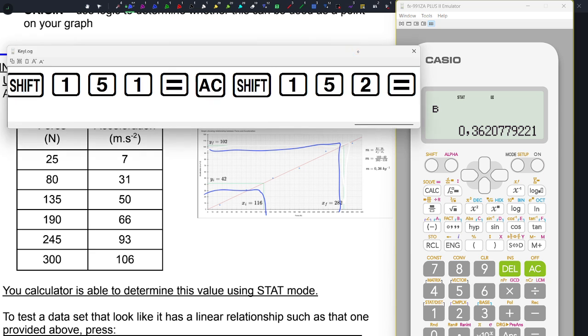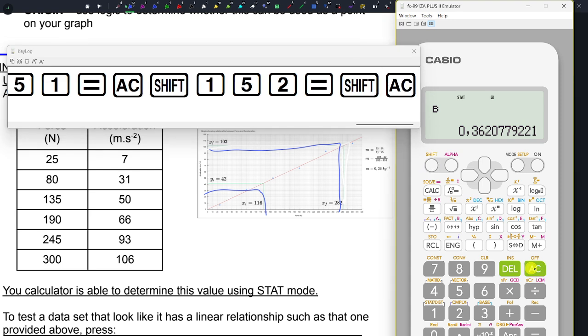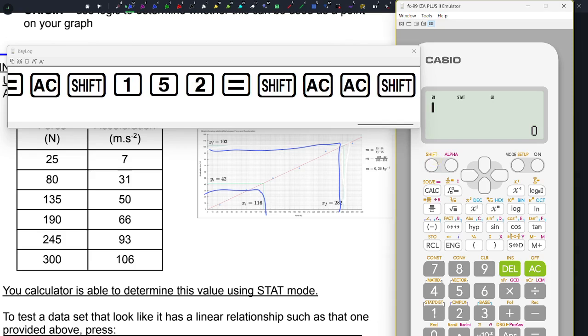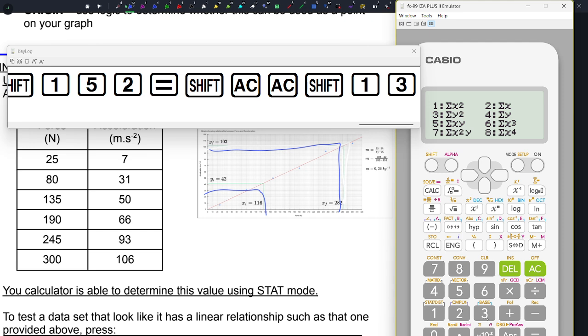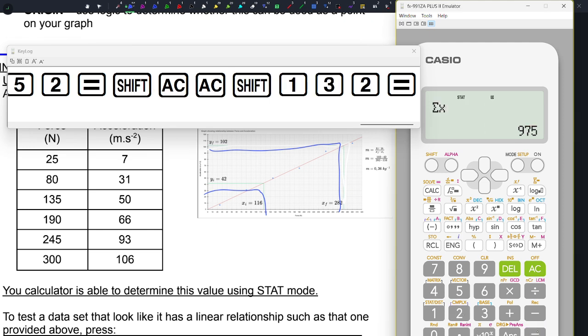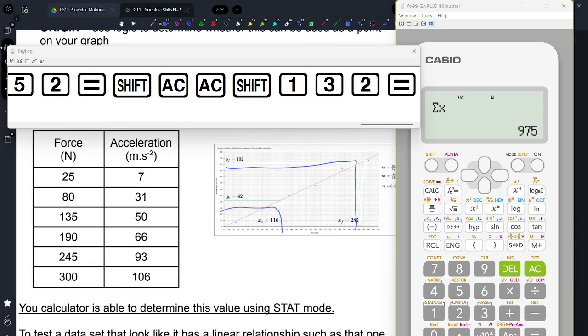Okay. Then the next one, this can also do a whole lot of other things. So if we go back here again, you can go Shift 1, get the sum of all the data, min, max, variation, which is standard deviation, whatever. But yeah, so 3, you can find out the sum of all the x values, for instance, if you need that. Okay, now getting to the x solve and y,